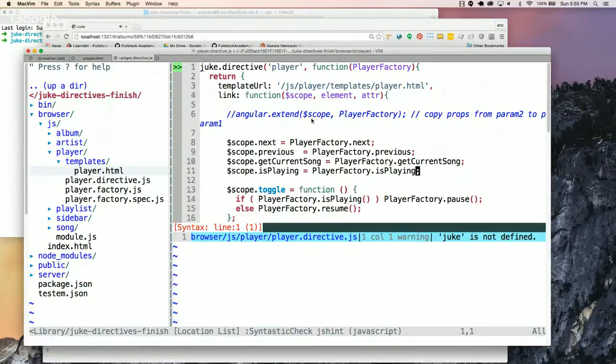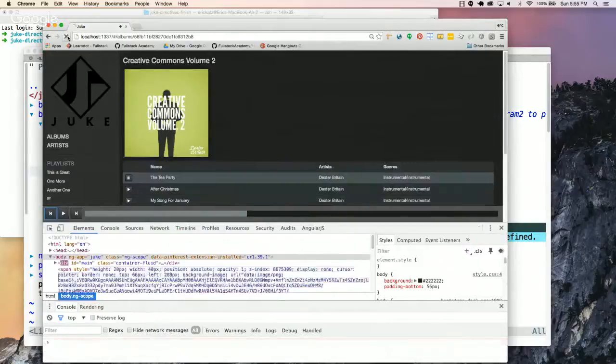So just realize that scope is just an object. And basically I'm saying, hey, look, to my scope object, if the key is playing, I want to use this function, player factory is playing. You're going to call is playing on the player factory. And so here, the pause button should be working now. If I do this,